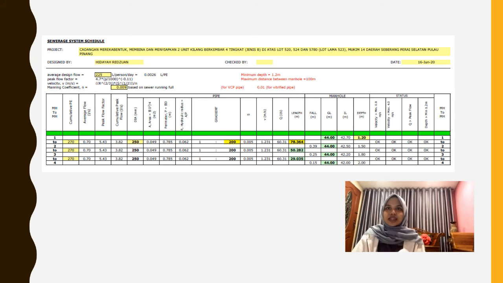Next is our sewerage system schedule, which we use in Excel. Our Manning coefficient is 0.009 as we use the VCP pipe, and our cumulative PE is 270. The length from manhole 1 to manhole 2 is 78.364, manhole 2 to manhole 3 is 50.282, and manhole 3 to manhole 4 is 29.035. From this Excel, we know that our design calculation is okay because our Q is larger